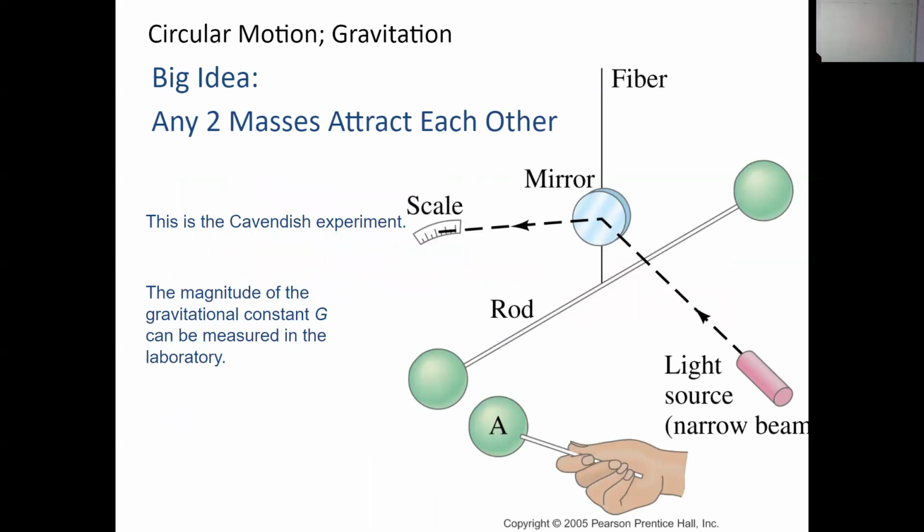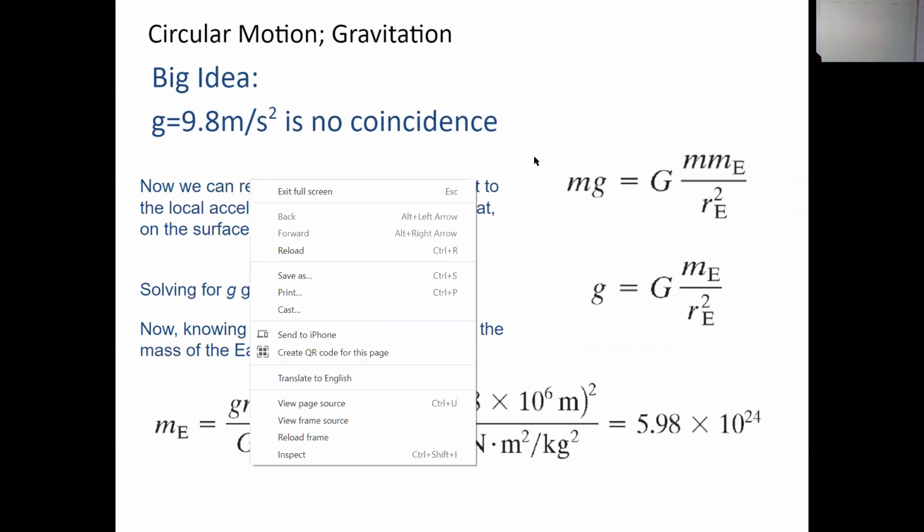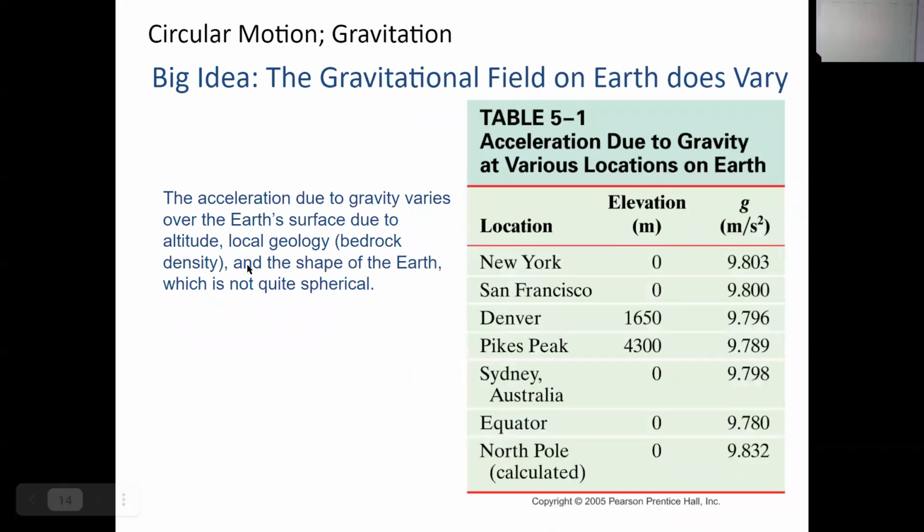He really didn't have the experimental setup to do it, but Cavendish in the 19th century could figure out how to do this. He simply said, if you take two large masses on the end of a long rod and let them stabilize for a long time, and then bring another mass into close proximity to the other mass, we can see it move.